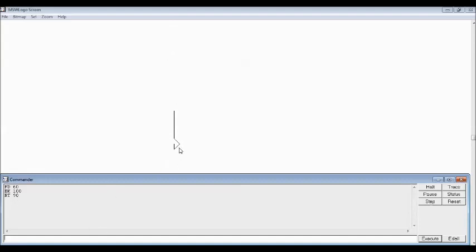So if I want to make a horizontal line, the first thing I need to do is turn the head of the turtle. I have already turned the head of the turtle towards the right side by 90 degrees. To make a horizontal line, I need to give the command FD space 100, enter. Can you see? The turtle has made one horizontal line of length 100 steps.